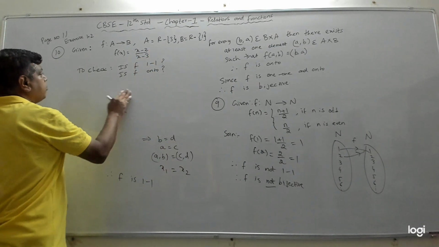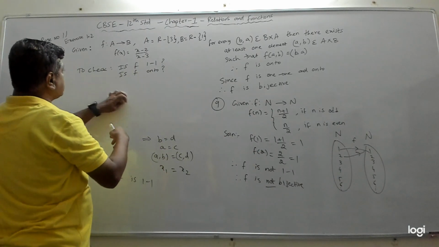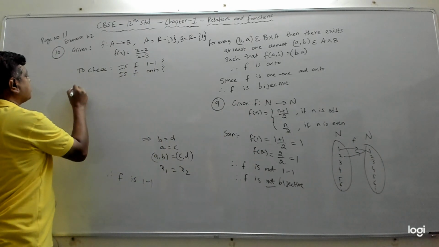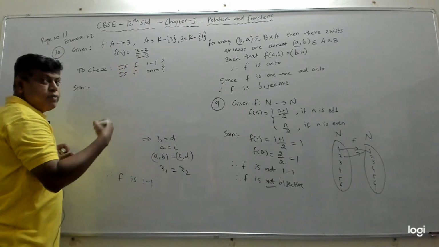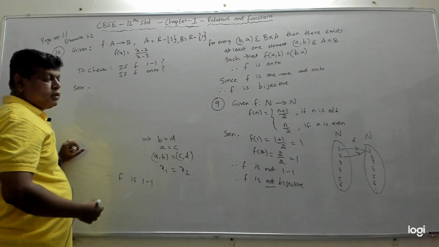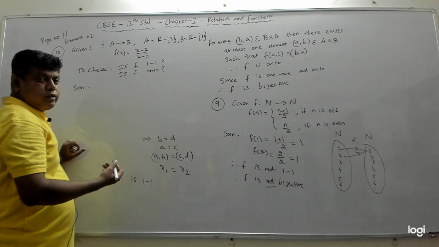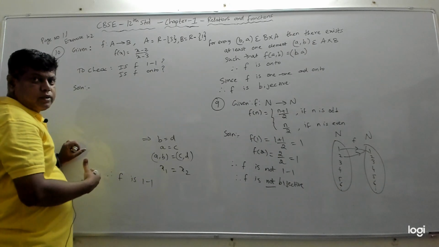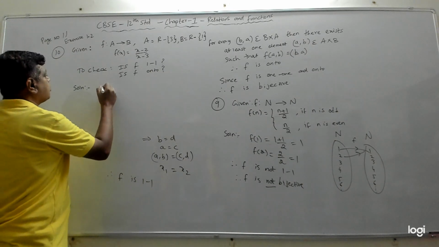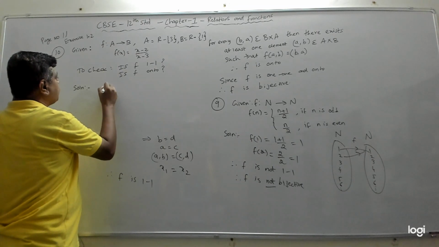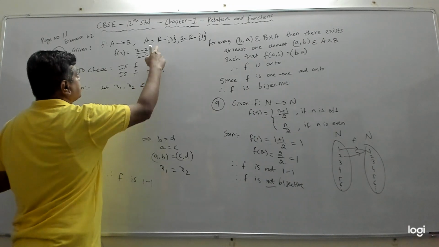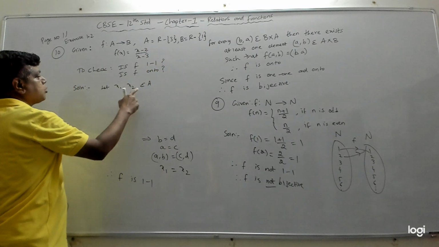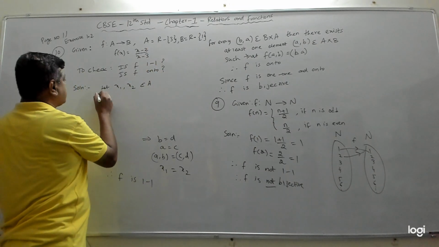So now we'll try to see whether we can prove that it is 1 to 1. So solution or proof, whatever. If you are able to prove 1 to 1, then it is 1 to 1. If you are unable to prove, then we will say it is not 1 to 1. Now for 1 to 1, how do we start? We'll take two elements. Let x1, x2 belong to A such that